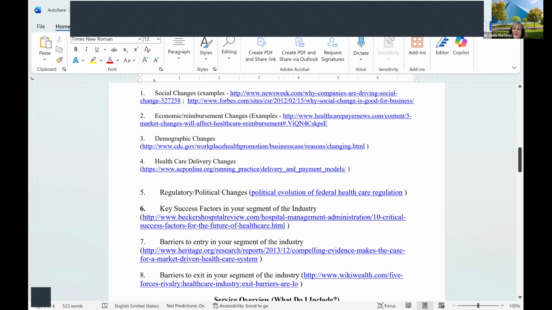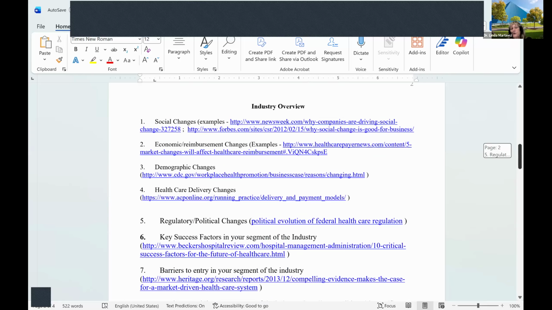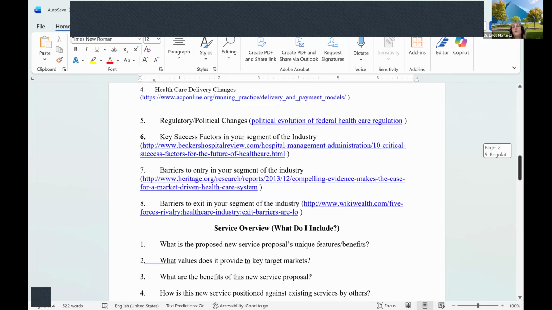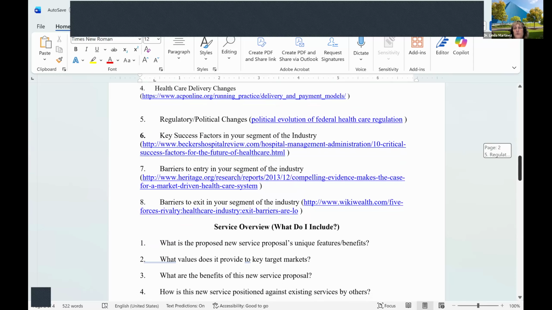All right, questions on that section. We can look at this again next week if y'all want to think about it, but questions on industry overview. Now there's an example of a very well done one. It's a little old, so the APA might not be spot on, but it's on Canvas under group examples or something on the module page.